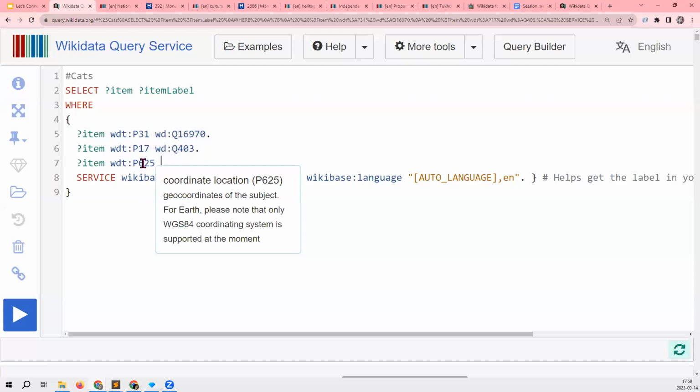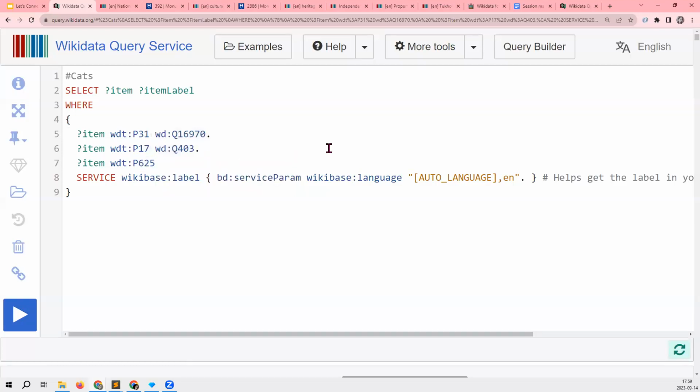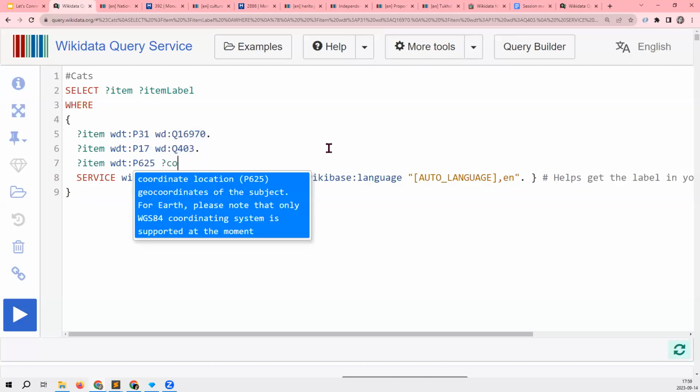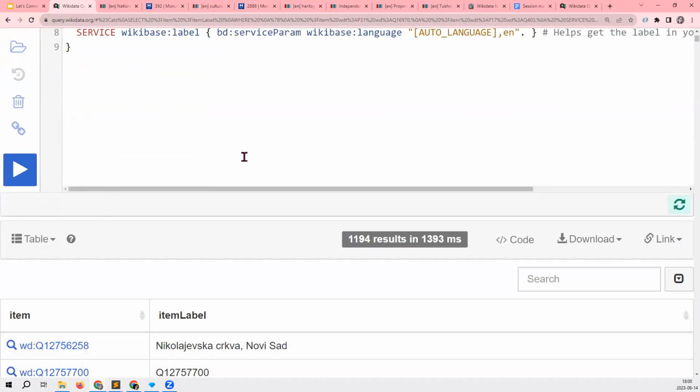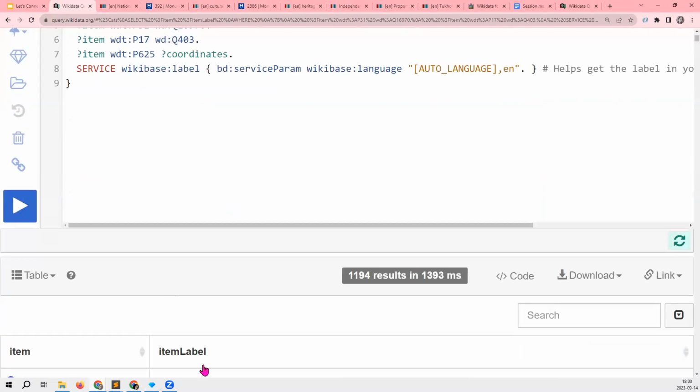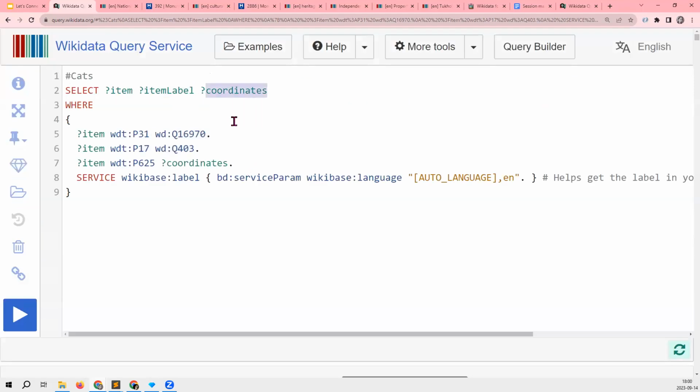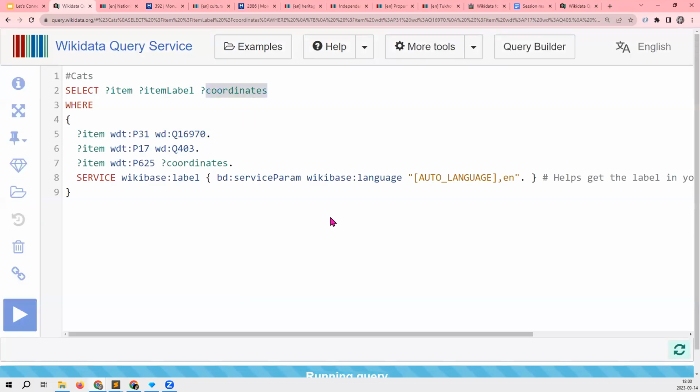So I assign the value of this statement to a variable. And I also say, show it to me, because everything that is in this line is show me these things. Give me the item ID, give me the item label, and add another column for coordinates.